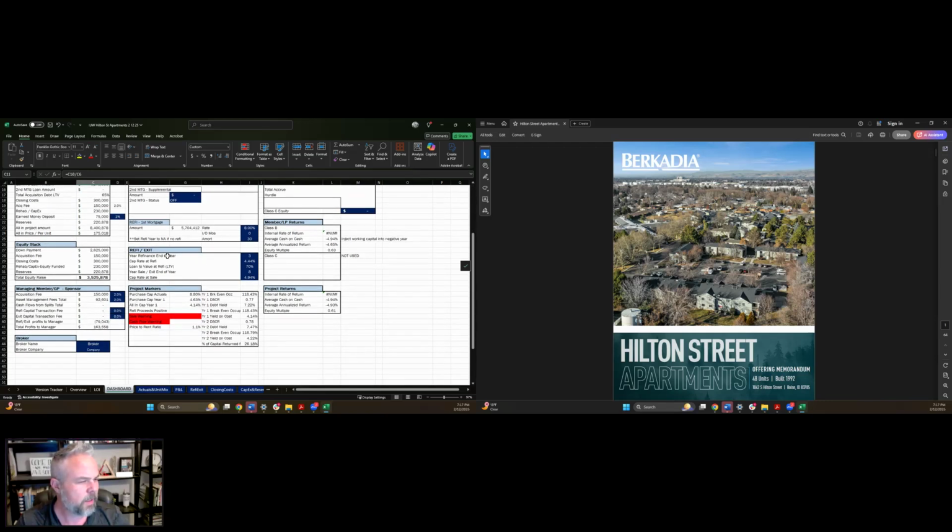No, I'm sorry. Exit and refi, I want to change refi to NA right here. Change this to NA, and then I want to set the sale exit year to year 5. This is just the standard setup that I have for each deal. So no refinance, and then sale or exit in year 5. And